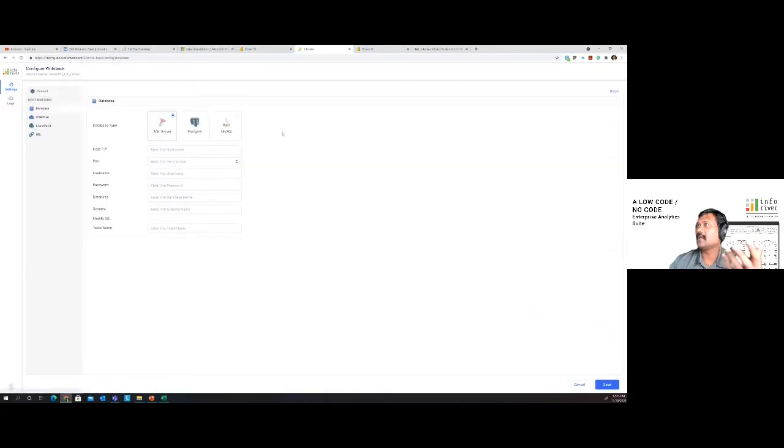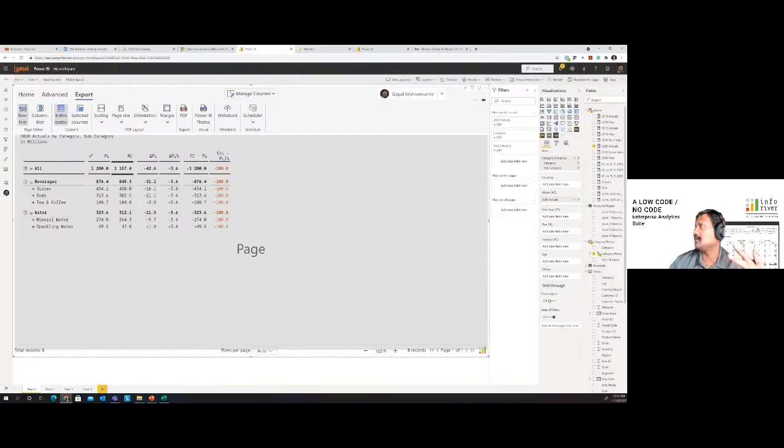You can write to a database destination. You can write to OneDrive. You can write to SharePoint or you can write to a URL. All of the capabilities are already available. And if anybody wants to create something quickly and test it, reach out to us and we will enable you. Last but not the least, let me just set up the scheduler